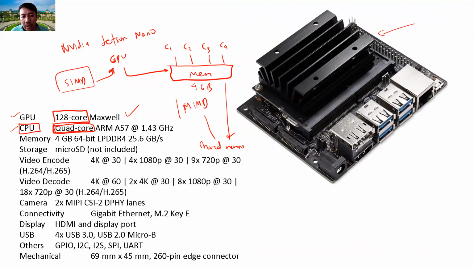So these are two architectures: you have SIMD and you have MIMD. The architecture of the NVIDIA Jetson Nano will be hybrid, because you can think of this one as SIMD, if you fully utilize only this one and all computation goes here, or you can use this one as MIMD. Question: can we use both the cores here and the cores here? The answer is yes, but it's too complicated.